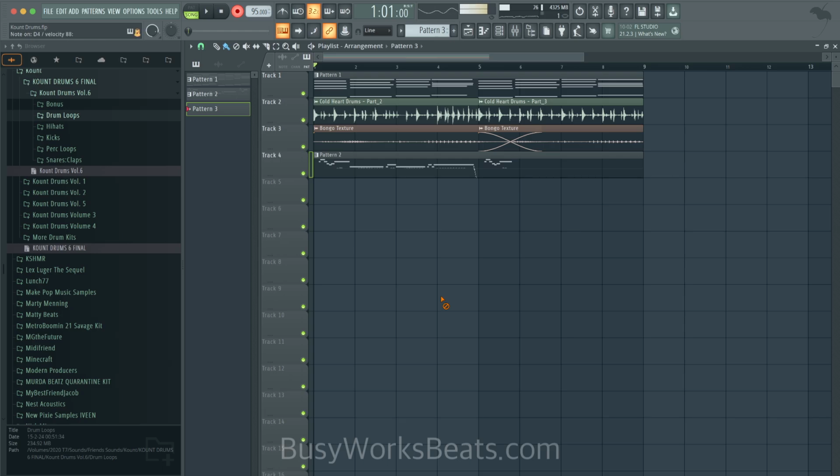Let's go down. 1, 2, 3. Bass could be better, but whatever.